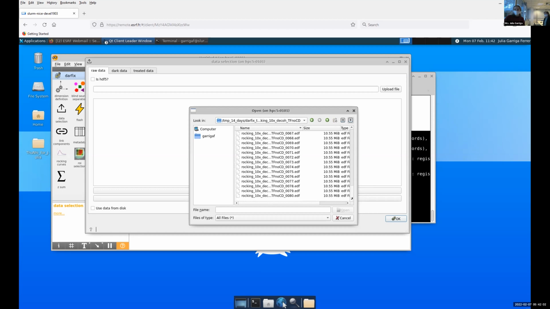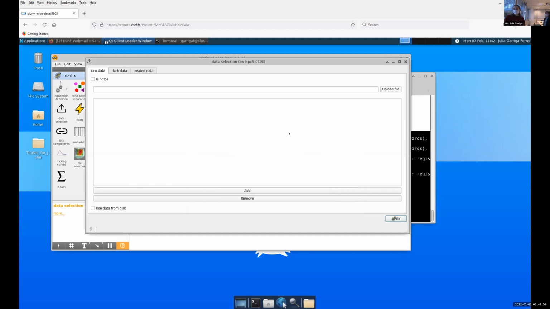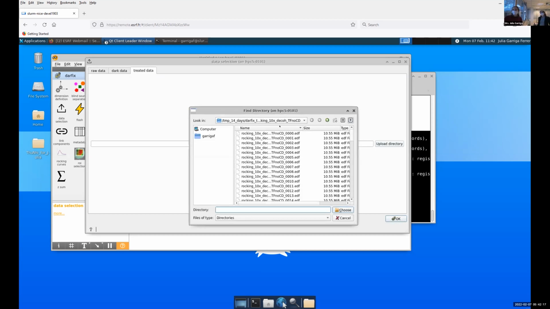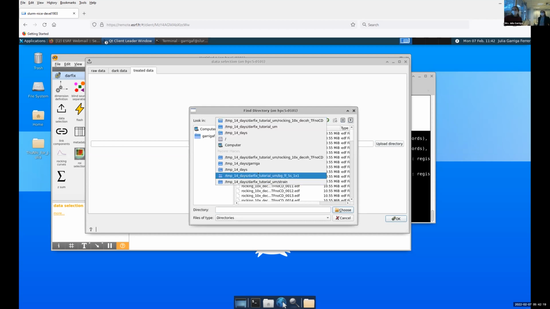This is much less. It's a very, very small data set that only has one motor moving and only has like 30 or 60 images. Exactly. We don't have any dark data, so here we don't enter anything, and we can go to the